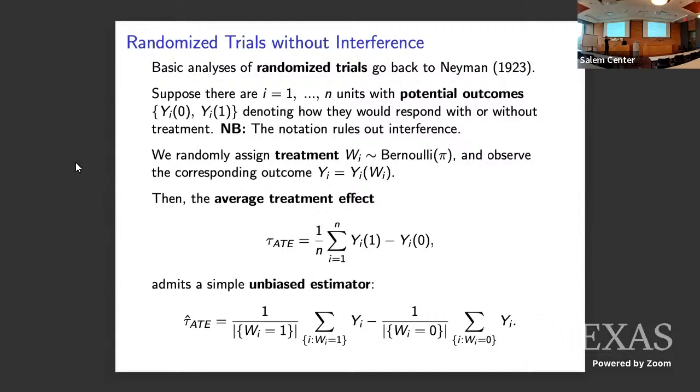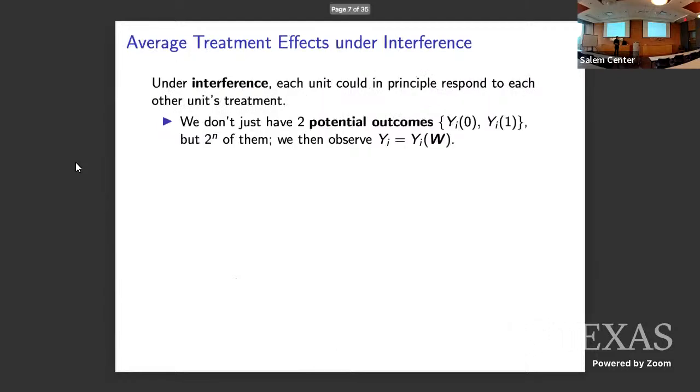We're going to poke at it here. This whole framework started from positing two potential outcomes. What would have happened to you with treatment versus without treatment? It's very clever. This notation rules out interference. It rules out marketplace effects. There's no room in here for reasoning about how my treatment would affect someone else. And if we want to talk about this, we're going to need to break out this notation.